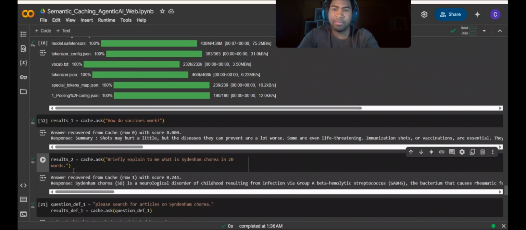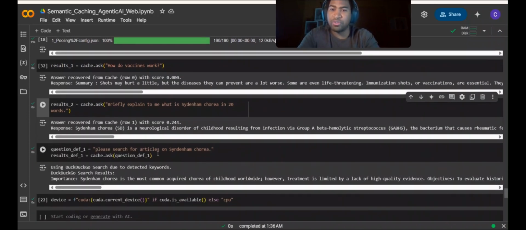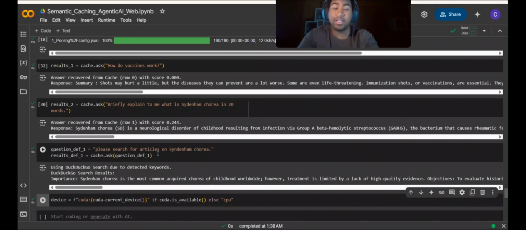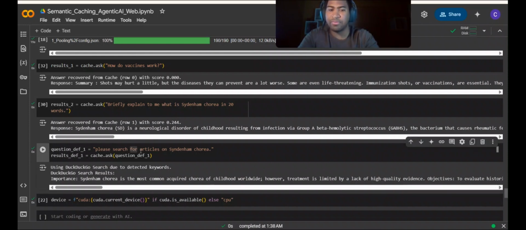Now, here's where we get to the fun part. Please search for articles on this disease. I'm not going to say it again. I feel like I embarrassed myself enough trying to say it. This is where you'll see the DuckDuckGo search is initialized, right? Only because we used the keyword. So, for example, if we do